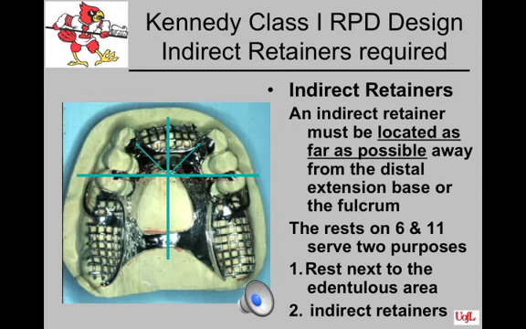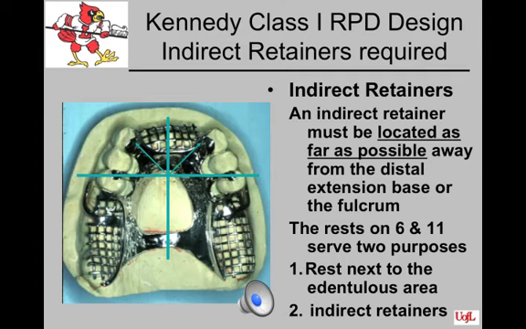Every Kennedy Class 1 RPD will have to have indirect retainers. Usually you may find 2 indirect retainers. An indirect retainer must be located as far as possible away from the distal extension base or the fulcrum line. In this particular case, if we drew a line through the fulcrum line, then ideally we would want a perpendicular to that, and so we would be choosing central incisors if we had them for our indirect retainer,